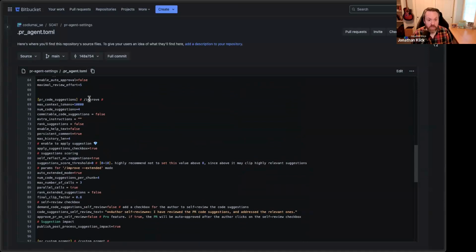For the improve command, which is where we provide those scored suggestions, you can customize everything from the number of suggestions we provide to the score threshold that needs to be met. So don't show me anything below a score threshold of 7, because I don't really care about improving my logging or error handling. I only want to focus on major issues. In each of these commands you also have extra instructions, where if you want to guide us in a certain direction, there are a lot of different things in here.